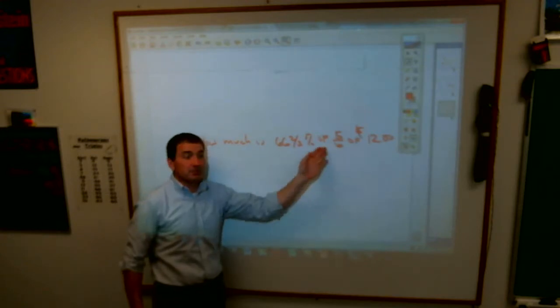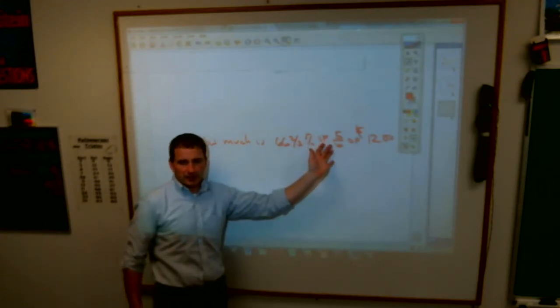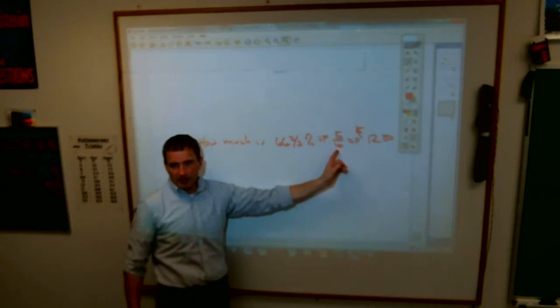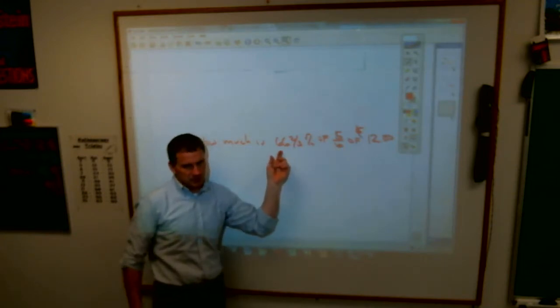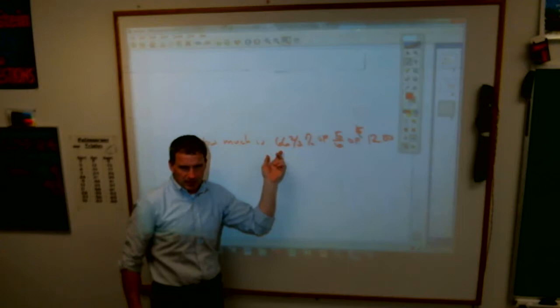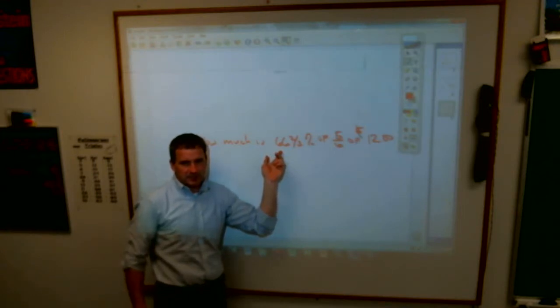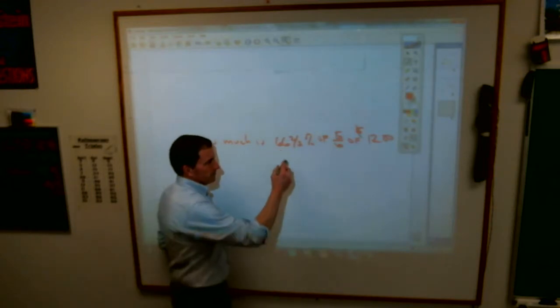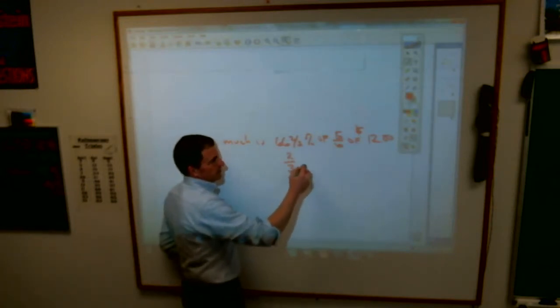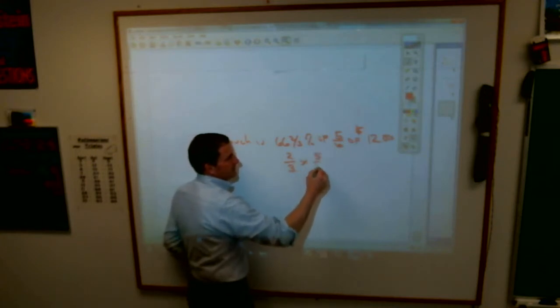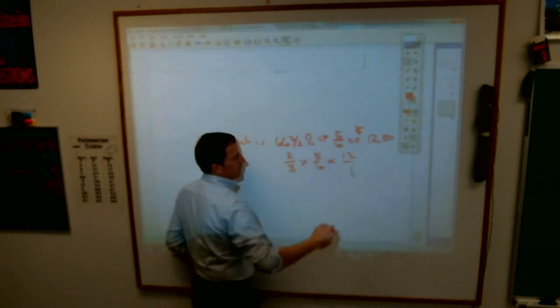Why? Because I can make both of them fractions. That was our definition. This already is a fraction, by the way. And this one, if you happen to look on your little cheat sheet, I'm pretty sure it's there. Is it not? Lainey, what is it? No, that's a decimal. On the fraction. 2/3. 2/3 times 5, 6 times 12/1.